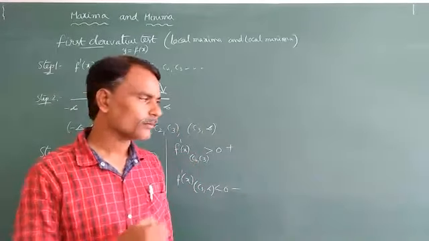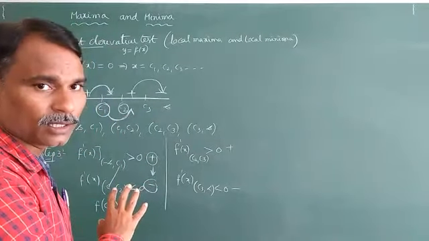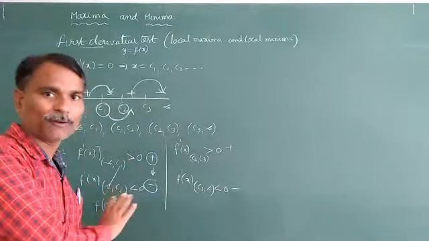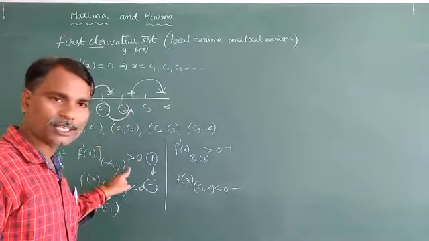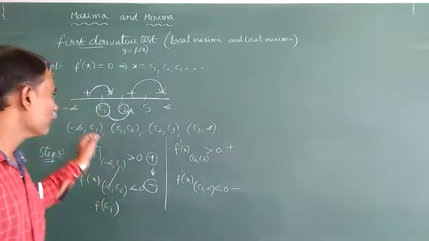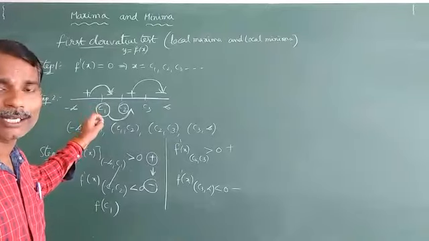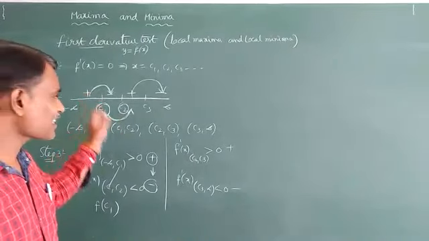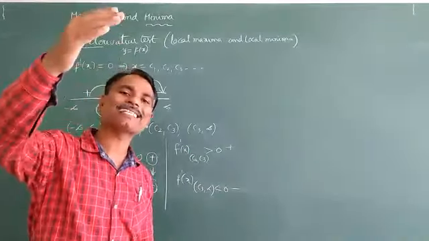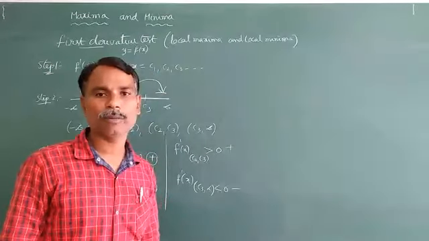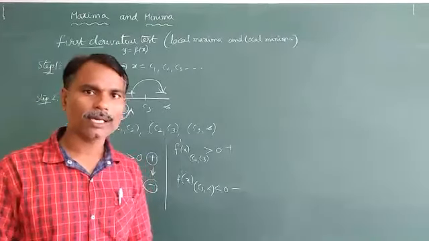So students, just think, this is the type 2 model problem only. If the function is given, we have to differentiate it and get the critical points. At the point where the plus sign changes to minus, that point is called local maxima, and the opposite is local minima. Such points will come in numbers. Out of those values, the highest value is the absolute maximum, and the smallest value is the absolute minimum.